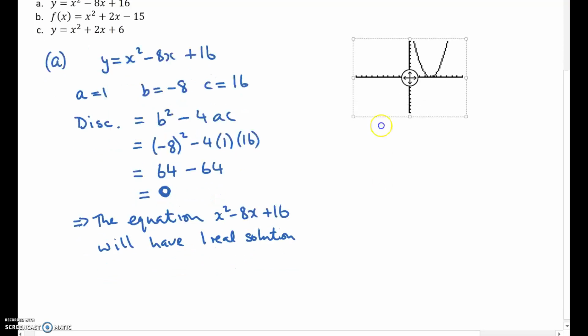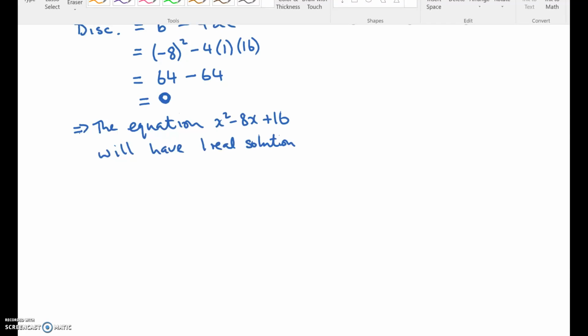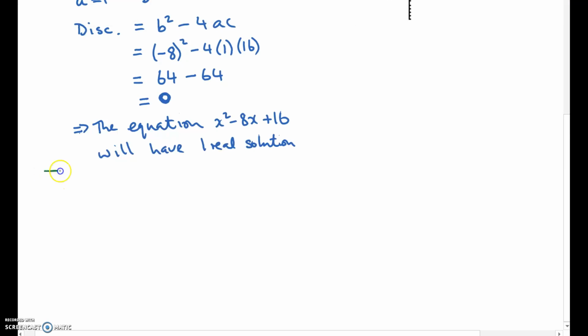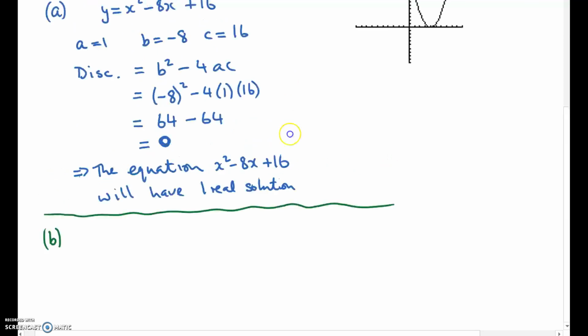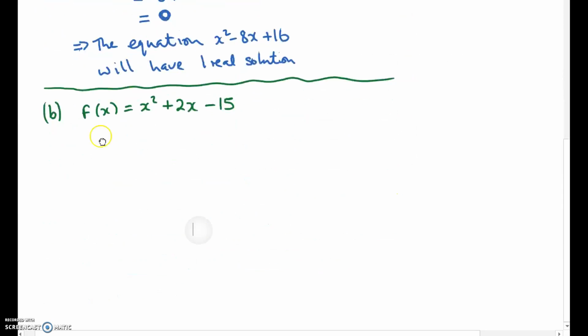Let's look at number 2. So we'll change pens, and it was the function f of x equals x squared plus 2x minus 15. Okay, so this time around we have a is equal to 1, b is equal to 2, and c is equal to negative 15. The discriminant